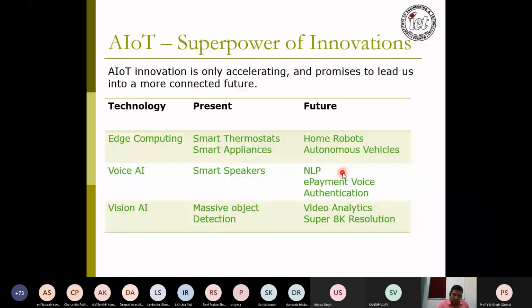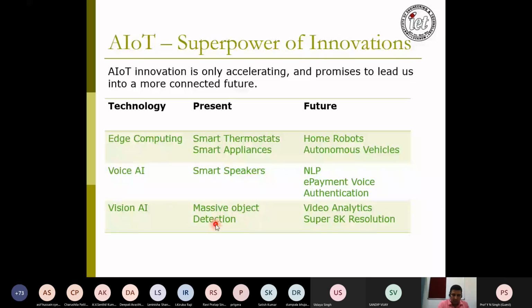something that is smarter and smarter natural language processing, payment over voice, e-payment system over voice, and authentication, like biometrics, the new generation biometrics, where those are free from the drawbacks of conventional biometrics. Okay, authentication using machines. The vision AI